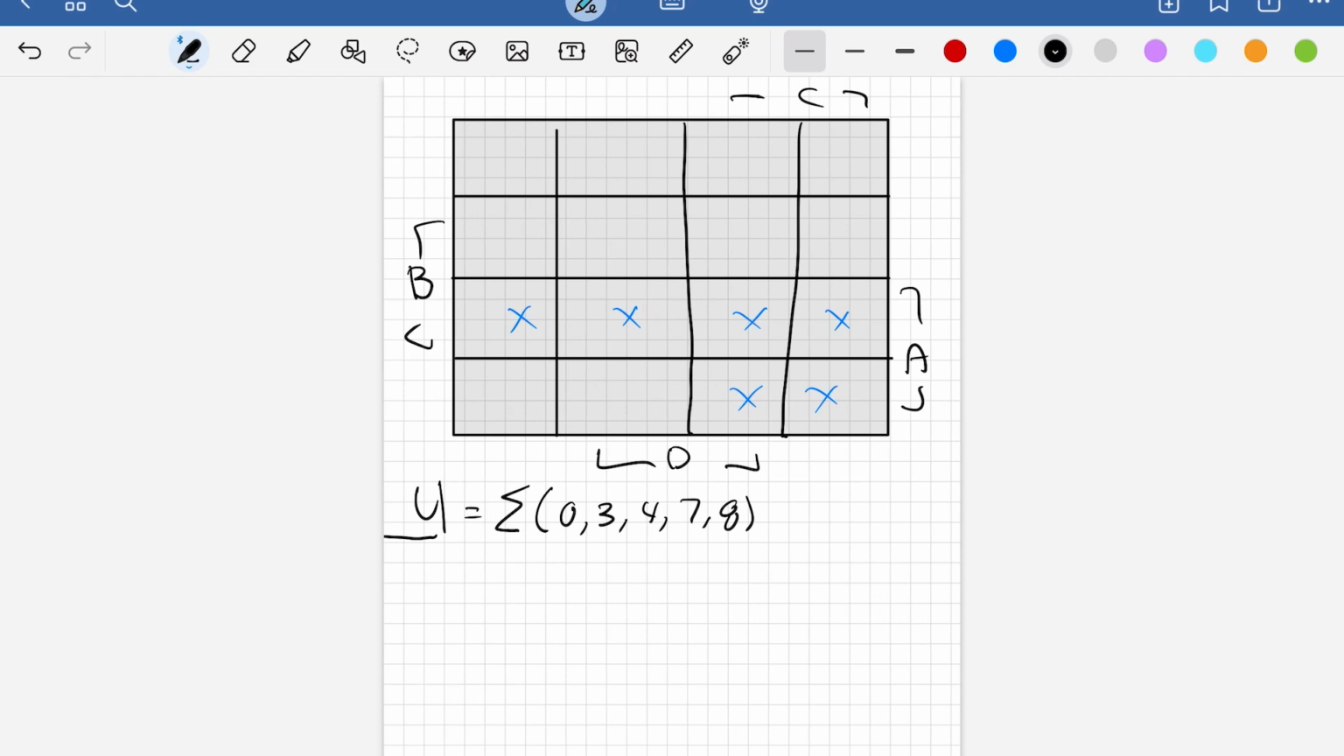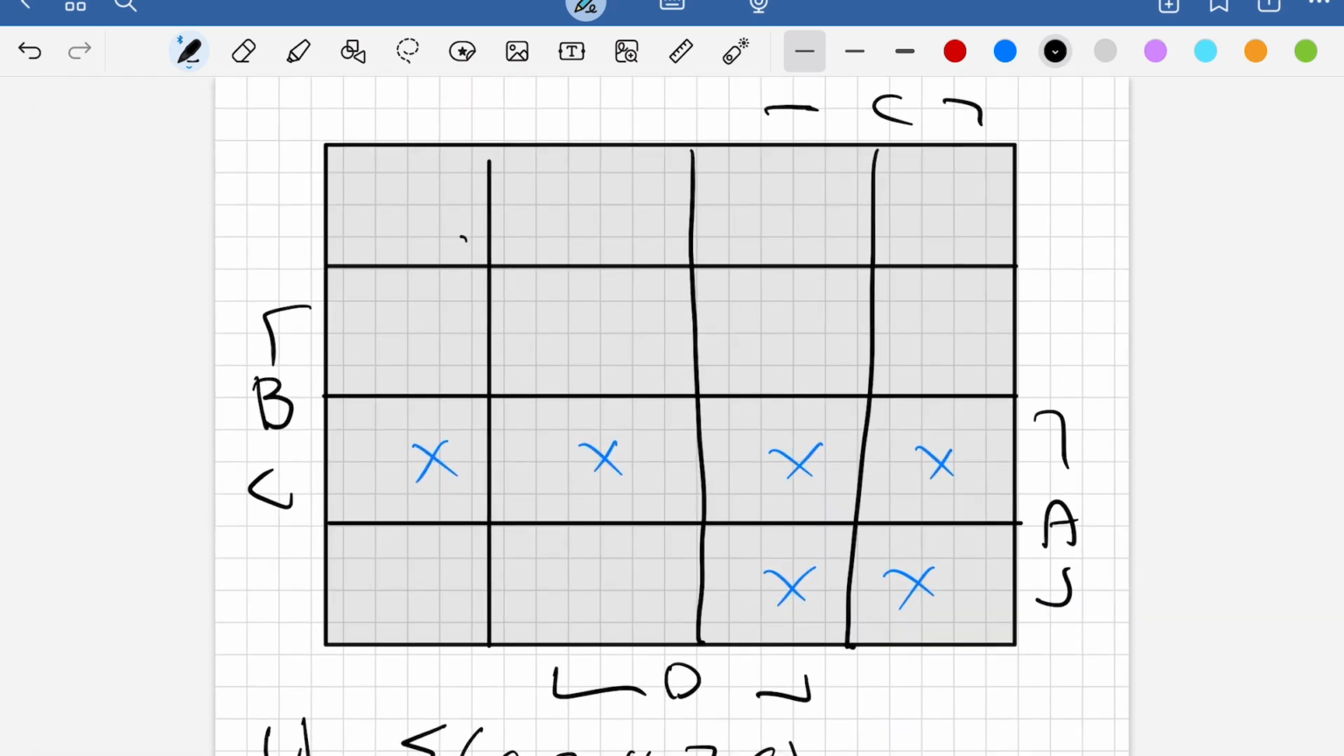Next is our y. Let's do the same thing. Just fill in 0, 1, 2, 3, 4, 5, 6, 7, 8, 9, 10, and so on and so forth. I'm not going to keep going. So we have 0, 3, 4, 7, and 8. Okay, so we can see our largest groups here are these 4